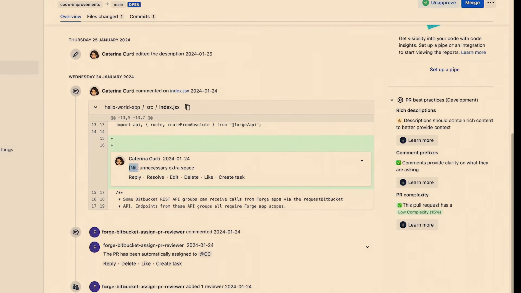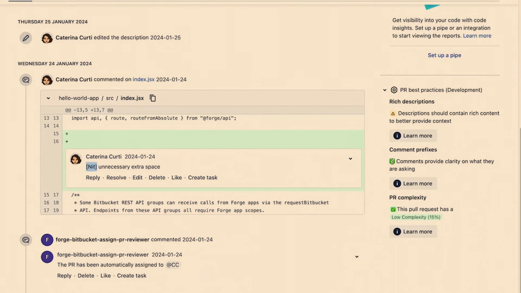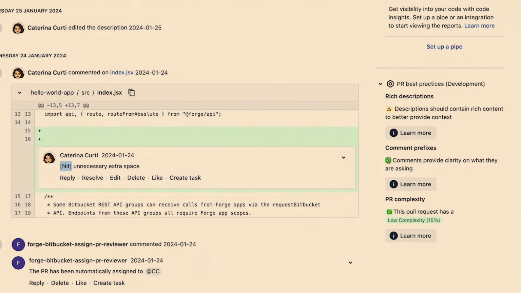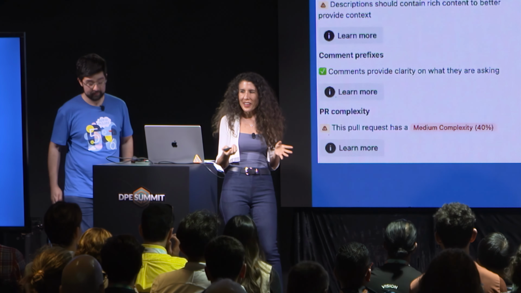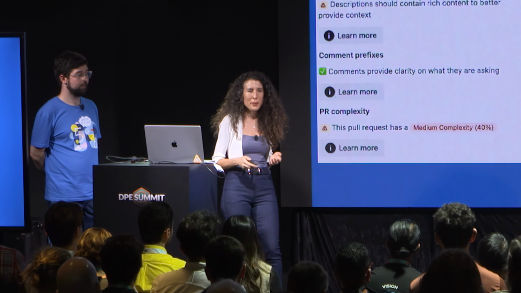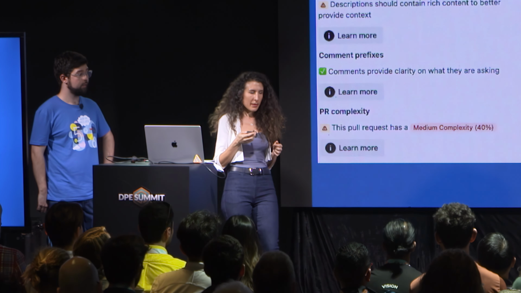And these are taken from the comments of your PR. So in this case, we are using the nit one and the best practice. Next to the best practice, we had a green tick, which was an indication that all the comments in this best practice are matching the expected format. So, yeah. In the same way as the comment prefixes, we are also showing the PR complexity,